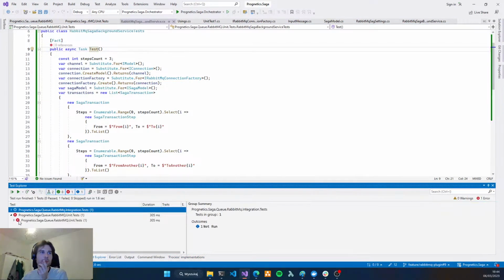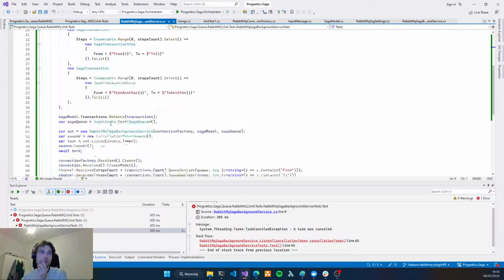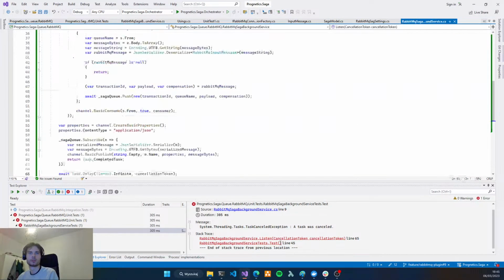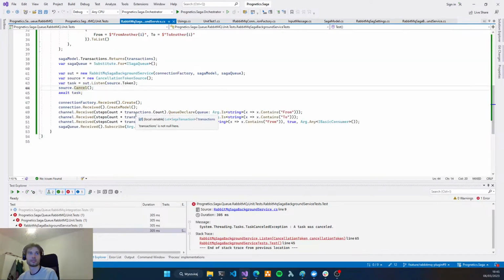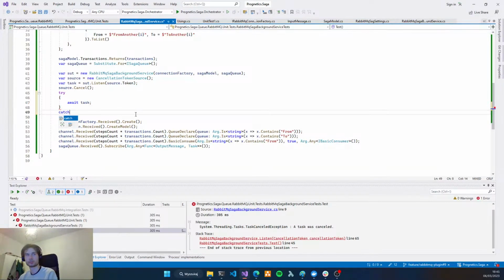Okay, we have an error. Task was cancelled. Okay, so it's like that. I thought that this would not raise an exception, but it does. So let's wrap it into a try catch block and just ignore the task cancelled exception.